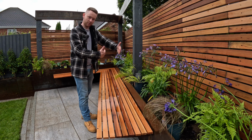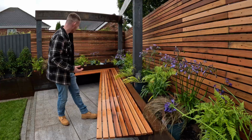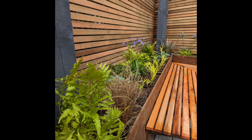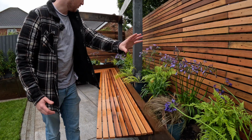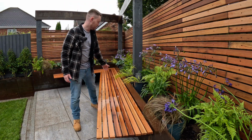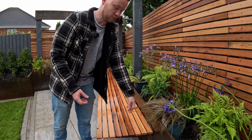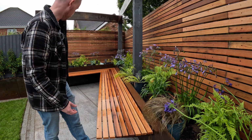It's slightly more restrictive planting here just because it's a thinner bed, but this lower stretch of the L shape is actually in mostly full shade, so all this lower stretch here is shade, and then this area is actually morning sun and midday sun, so that's where all your floral comes in. The blue is picked up in the hosta Cyclone, so that's a hosta that's actually suited for full sun. Again, Carex bronze, just tying in then with the seating,